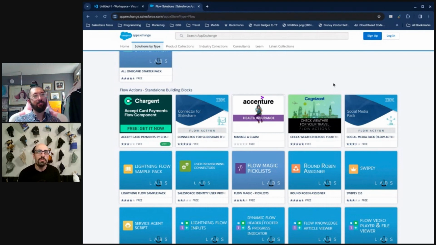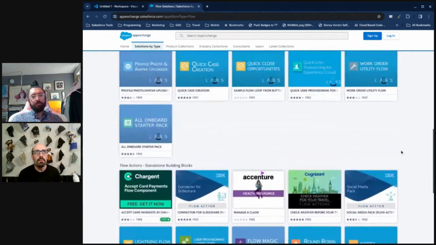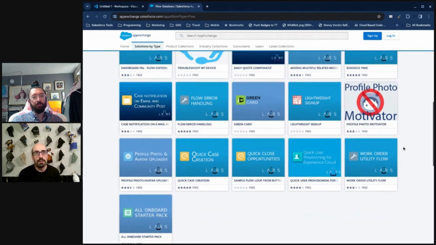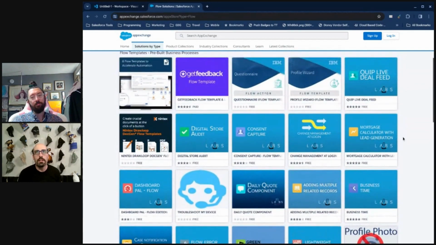We can just point you to this easy to install, five clicks, let's say, flow that's pre-built, and then you can just use it. And that's what most of these types of things are here. All this stuff from Salesforce Labs are going to be things that are asked for a lot. And some employees said, you know what, I'm just going to build it. I'm tired of having to give people instructions on how to do it. Some of them are very specific. So you can see here, mortgage calculator with lead generation,